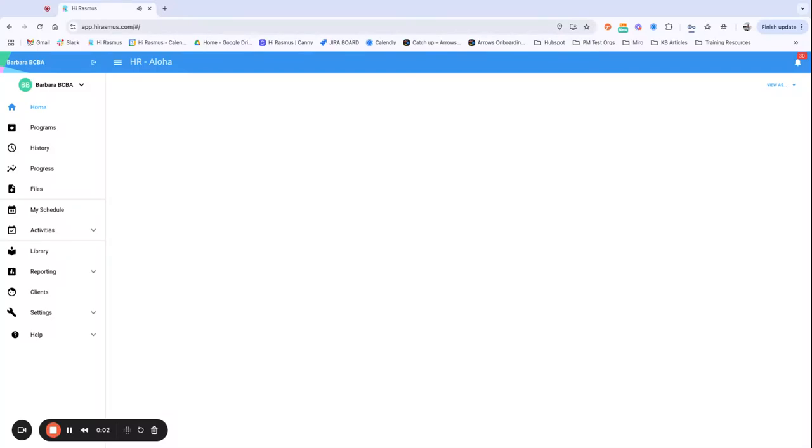Hi Rasmus users. Today we're going to be walking through how you can create forms in Hi Rasmus. Forms are a really nice tool because you can allow users to fill out forms and actually update client information